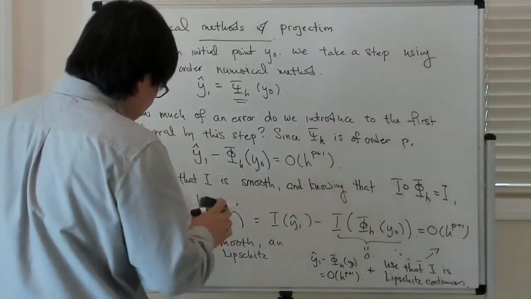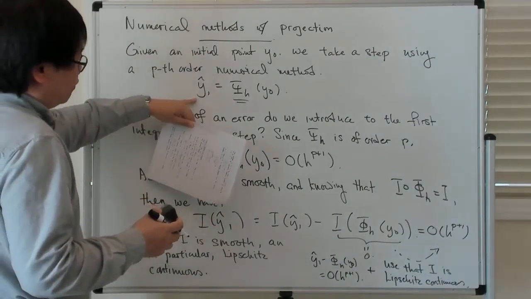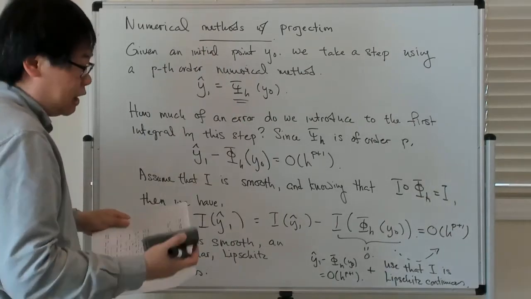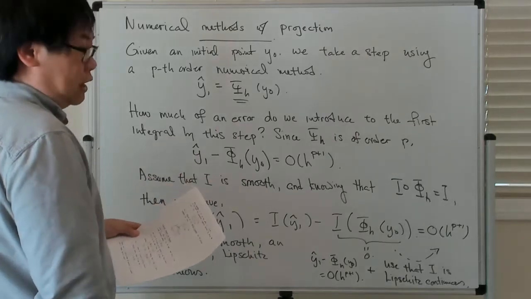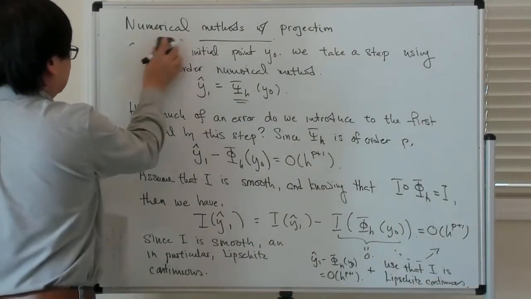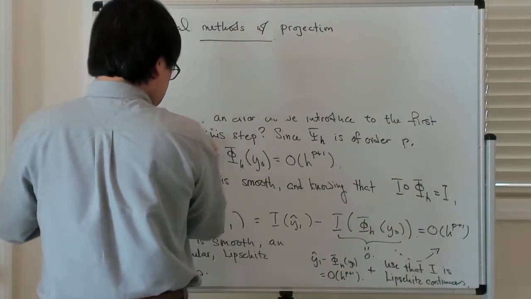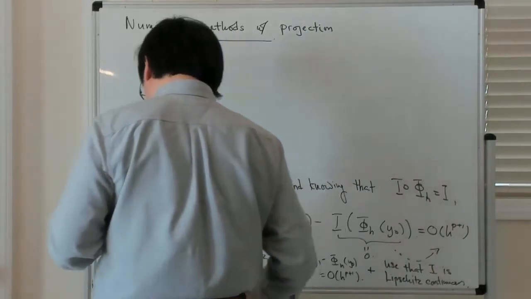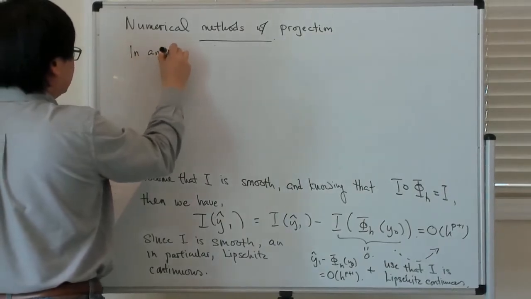So let's see now what happens if you then do the next thing, which is that you take this y1 hat as a candidate solution, but then you project back onto the zero level set of the first integral. Okay, so let's see what happens. So in an orthogonal projection method,